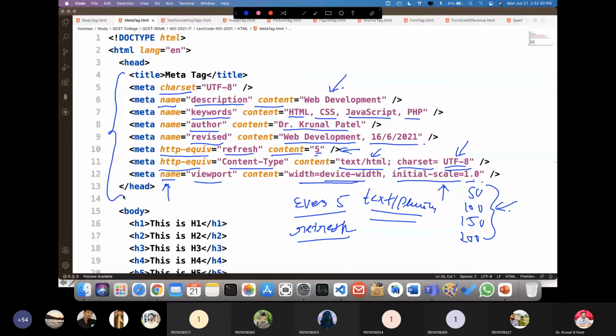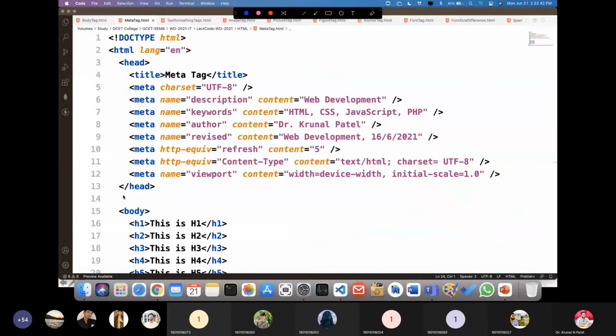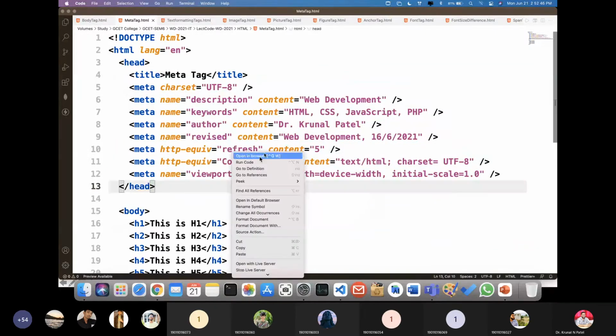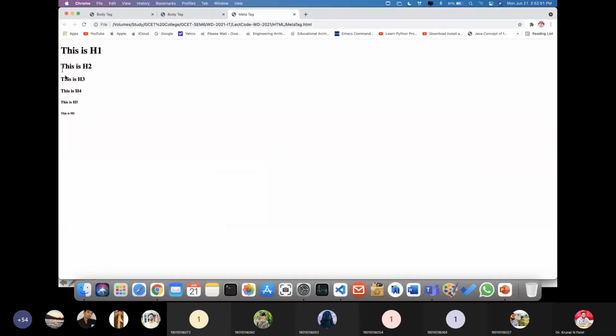Now if you see the output of this program, the output will be only the body section, so we have only headings, because whatever we define in the head is not the displayable area. But it is useful for the search engines.